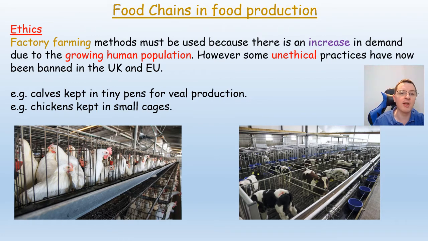We also need to consider the ethics. Factory farming methods must be used because there's an increased demand due to the growing human population. However, some unethical practices have now been banned in the UK and in the EU. For example, calves being kept in tiny pens for veal production, or chickens being kept in very small cages, both of which are banned